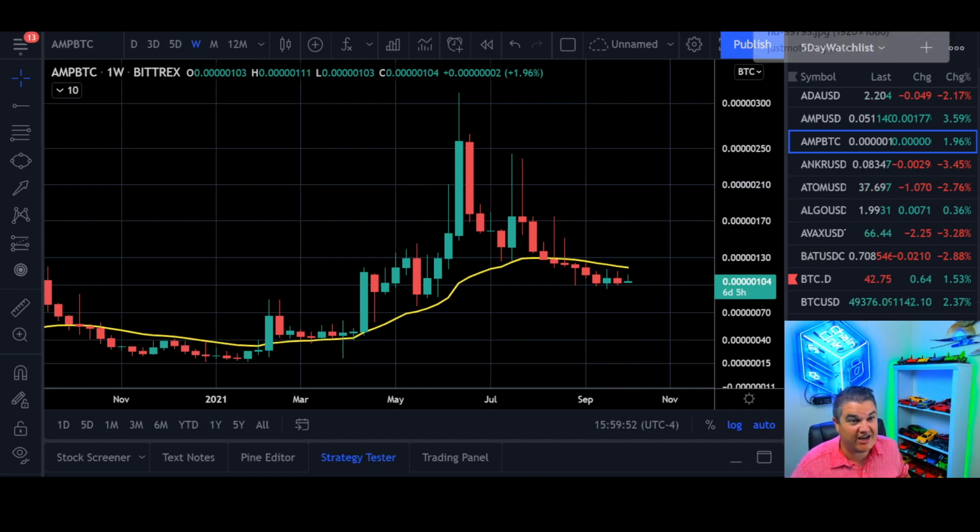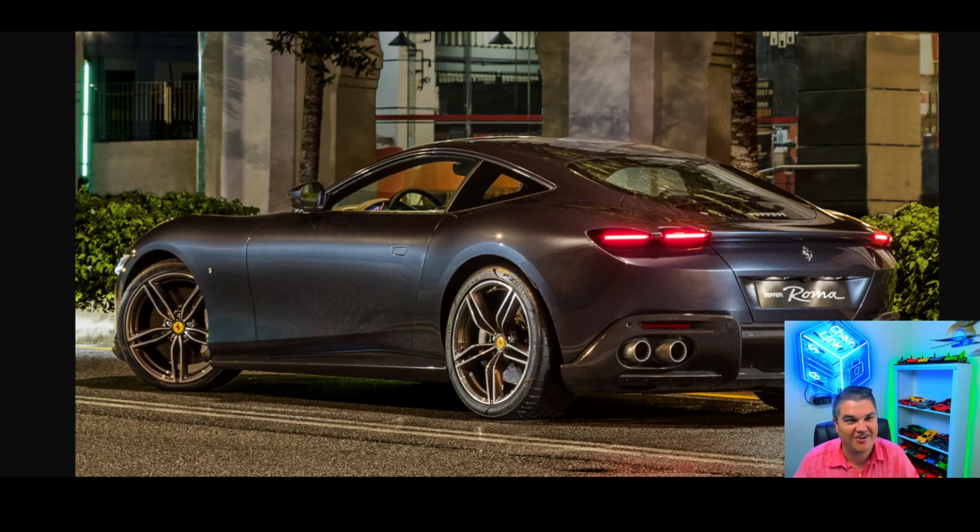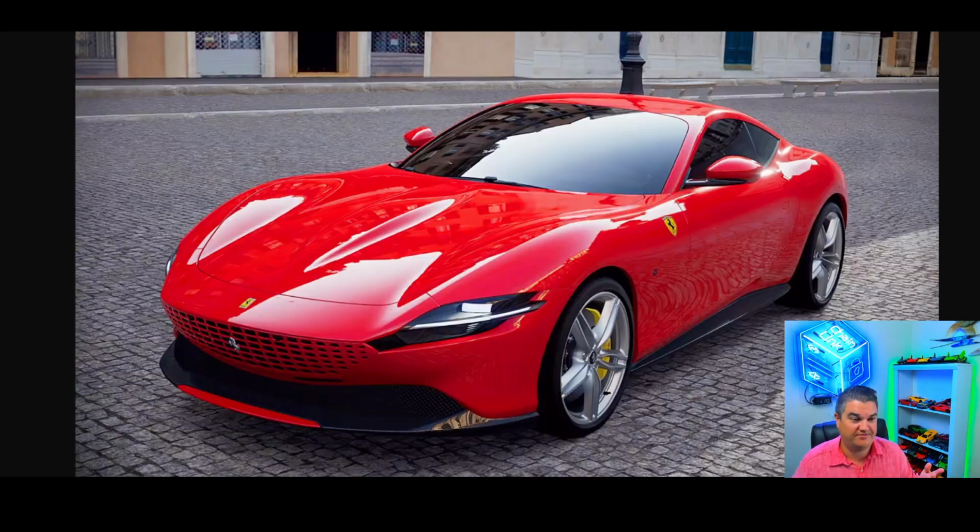Talk about lions, tigers, and bears, and Ferraris. Our car of the day was a Ferrari Roma. If you didn't watch the other video, we did it on Bitcoin this morning. Go watch that. Ferrari Roma, car of the day. Car matching grill. So hopefully you like it. Ferrari Roma, what do you think? Maybe you get some AMP and maybe still have some AMP in a couple years and get one of these. Some shiny AMP to some shiny Ferrari.